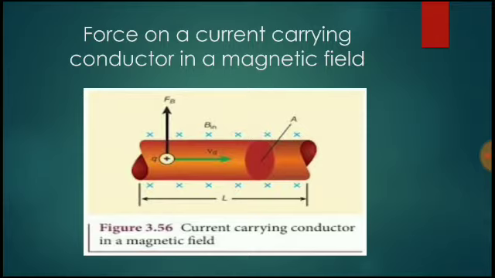So see the picture. The length of the conductor is L, and the charge is Q. It experiences a magnetic Lorentz force, that is FB. The area of cross section of the conductor is A. This conductor is in a uniform magnetic field; the marks represent the uniform magnetic field. Let us consider the charge moving with velocity, which velocity? Drift velocity.